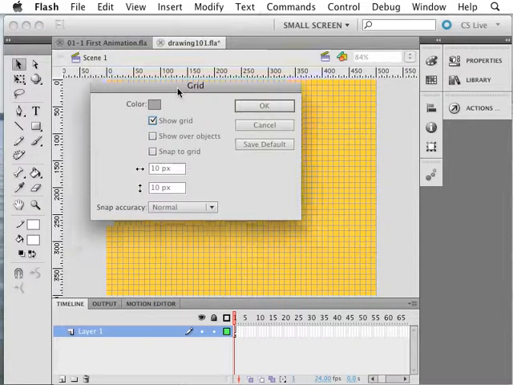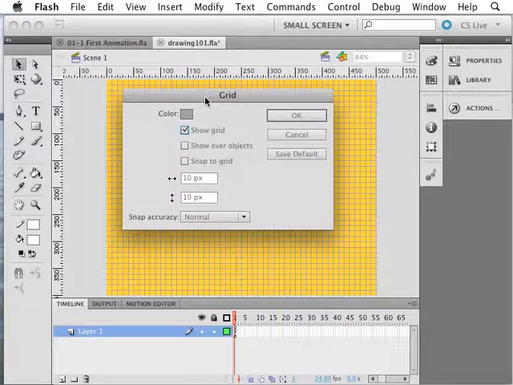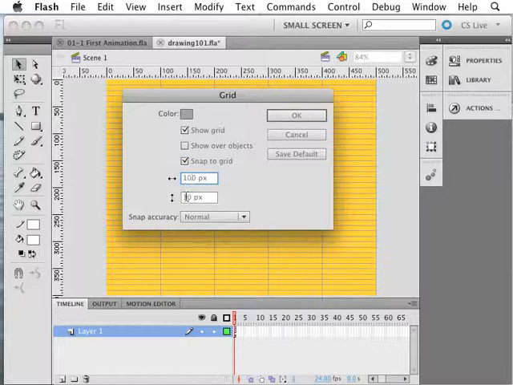Okay, so we get this dialog box, and there's a few things I can do in here. Number one, I can show and hide the grid. If I had any objects on the stage, the grid would cover it. Otherwise, it sits behind. I'm going to leave it unchecked so my grid is behind my objects. But snap to grid could be quite useful too. If I turn that on, things will snap to the grid. And you can see here are my grid sizes in pixels. So if I wanted it to be, say, 100 pixels by 100 pixels, I'll just change that there,